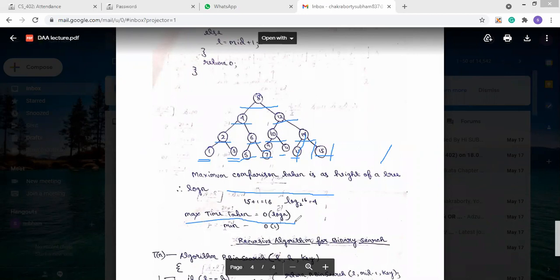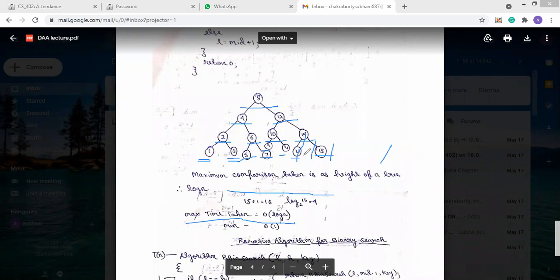According to this example, if the value is present in this position, 1, 3, 5, 7, 9, 11, 13, 15, in these positions.